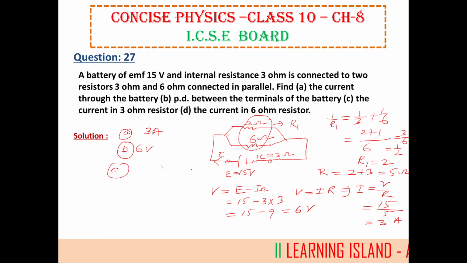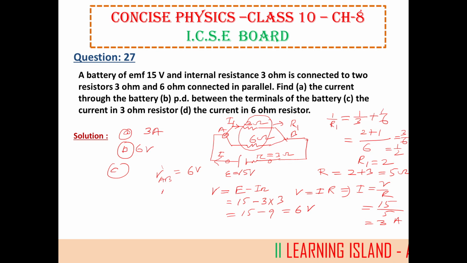The current in the 3 ohm resistors here, let it be I1. At points A and B, the voltage across this point is equal to the voltage across the terminal of the battery. So the potential difference between A and B is 6 volt, and the current in the resistance,